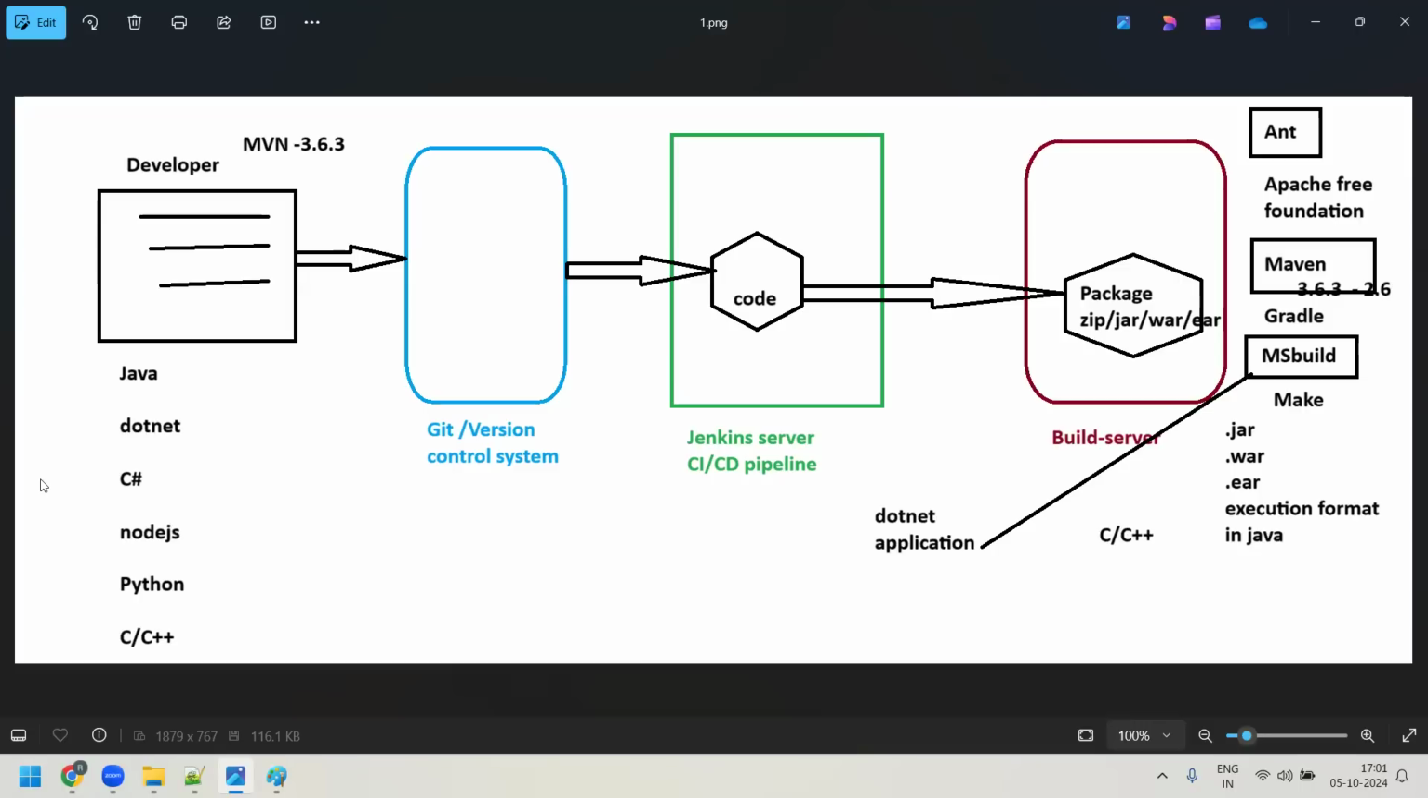In the dependency sections, you need to mention what dependencies are there, and you need a lot of external plugins also. For all these plugins, you have one more section, the plugin section. So you need to really explain the architecture of your Maven build tool, and then